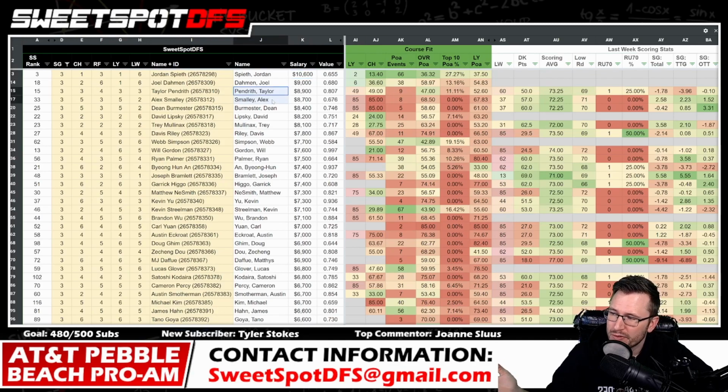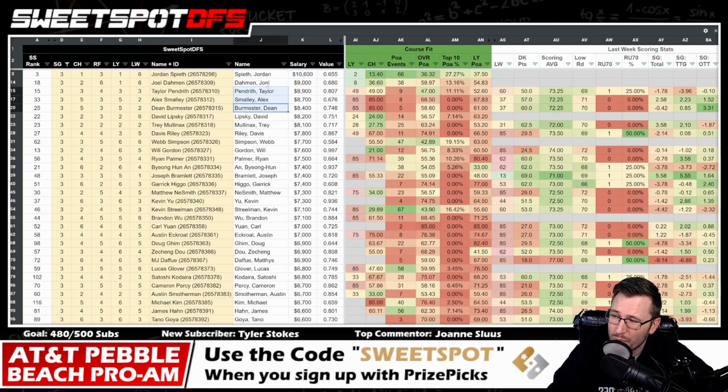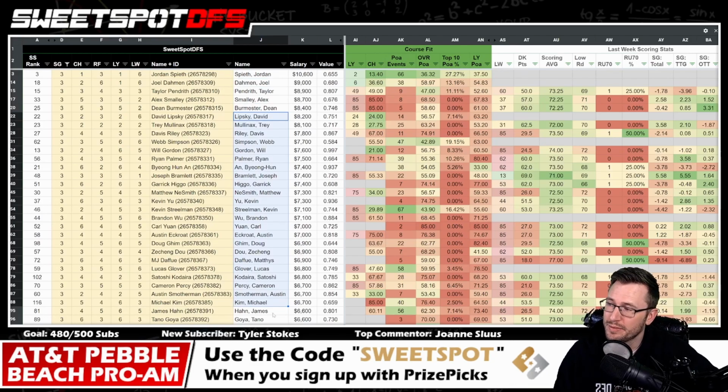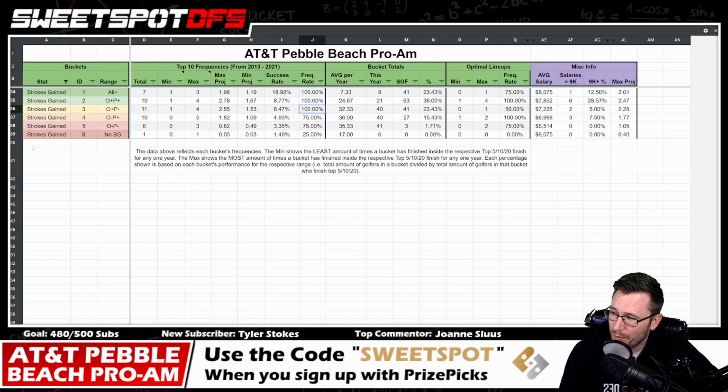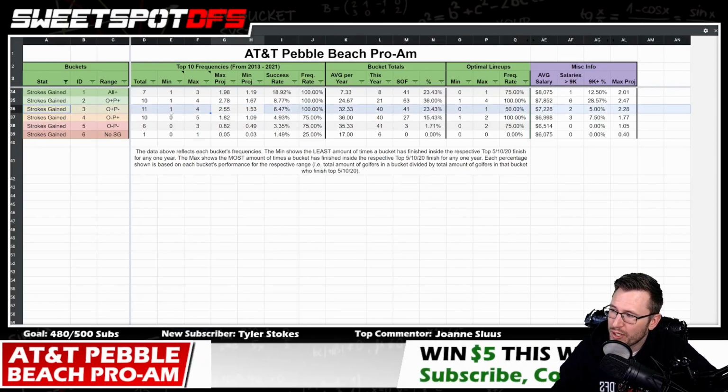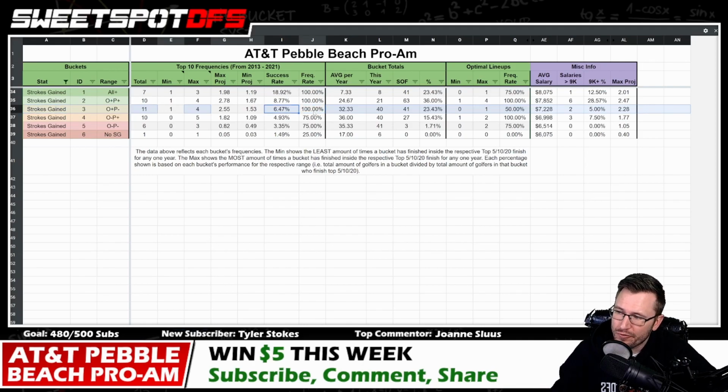We've already talked about fading Pendrith and Smalley and Burmester pretty in length. We just talked about Damon, how we didn't quite like him. Now with the rest of the guys down here, I don't know how we're going with that. So when I look at the projection, 1 to 3, we've seen one inside the top 10 every single year. So frequency rate 100%, but 50% frequency rate to be in the optimal lineup, which is kind of telling us